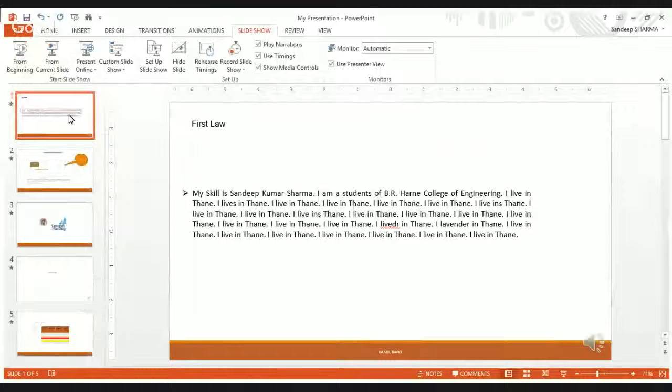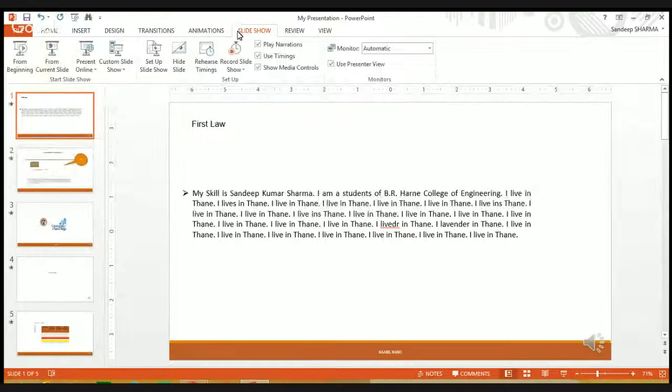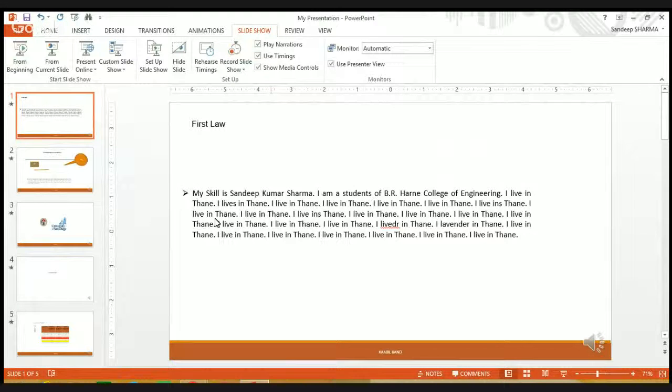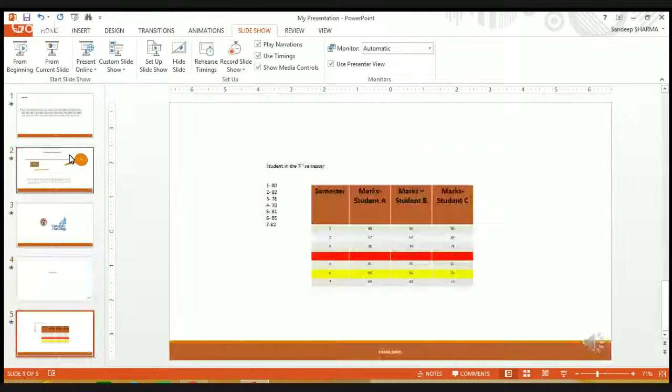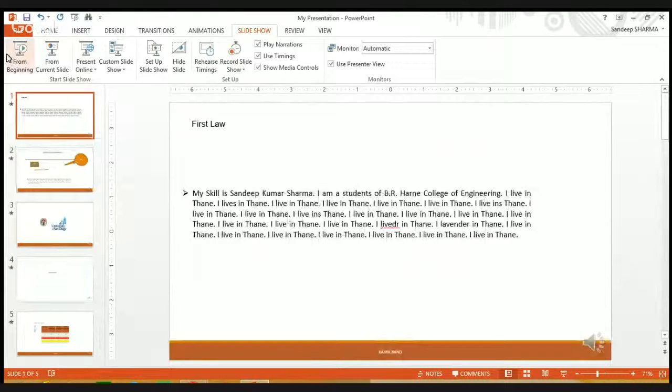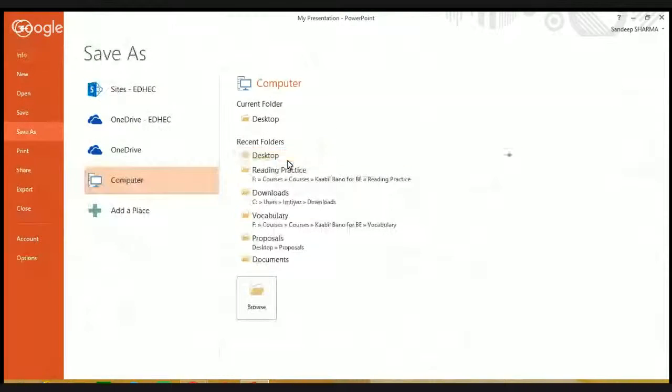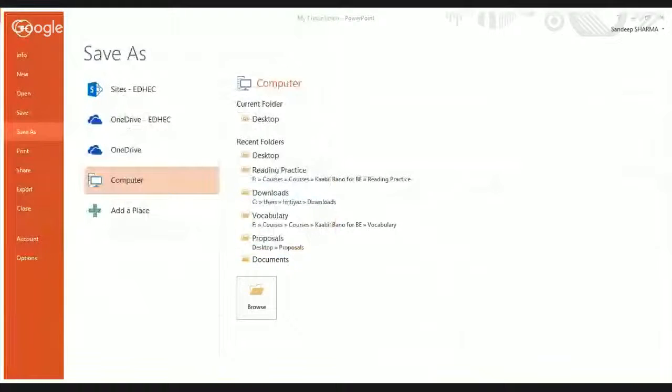See, the steps are, the first step is go to slideshow, then go to record slideshow. Once you click on that, you would be getting start recording from the beginning. You can record your voice in here. Once you have recorded all your voice in all the different slides, you can go to file, from file go to save as, from save as go to desktop, from desktop you can save it as